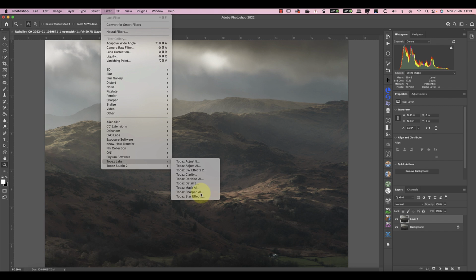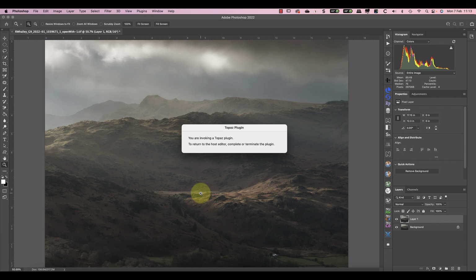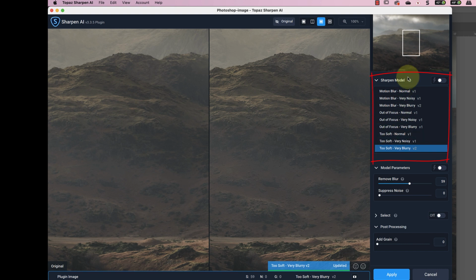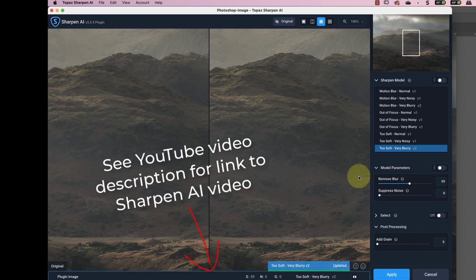And this is a great tool for editing and enhancing the sharpness of images where maybe elements are just a little bit too soft. Now with this image, there's a lot of options that you see up here in the sharpen models, and each one is tuned to do a different function. And if you want to know more about these, I do have a separate video where I run through how I tend to work with my images. I'll include the details to that video in the YouTube description below for this video.